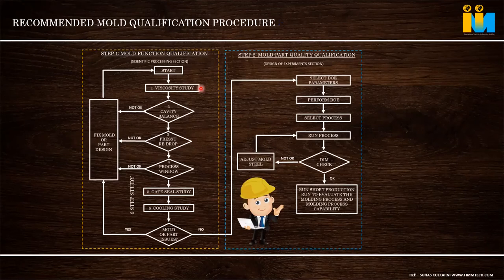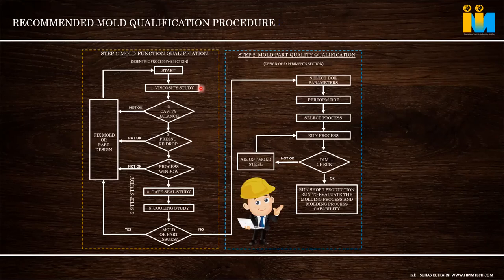If there are multiple cavities and the part weight is different, it means the gate size or gate dimension is different. If you have machined the cavities the same, everything machining-wise is the same, but this is due to a filling problem, then the gate or feed system has to be modified.